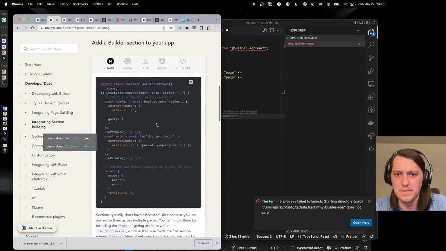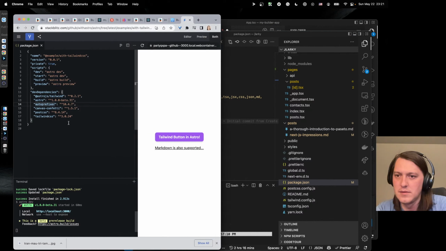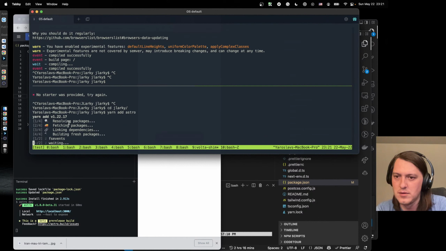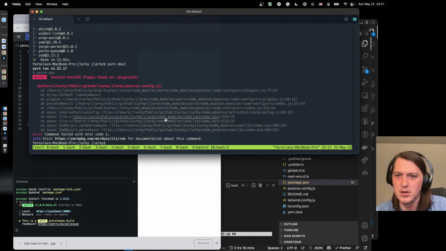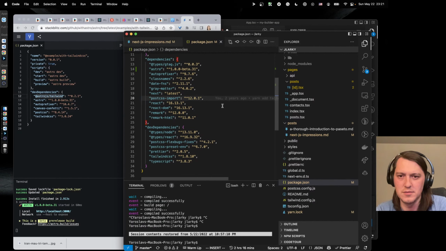So here we are just installing Astro, and Astro Tailwind. Okay, so we'll have to work now. It won't. Invalid PostCSS plugin. Right, it's probably because this PostCSS is too old.